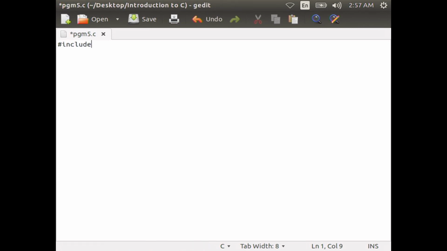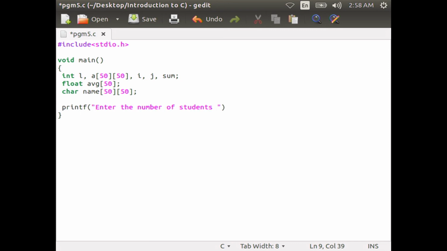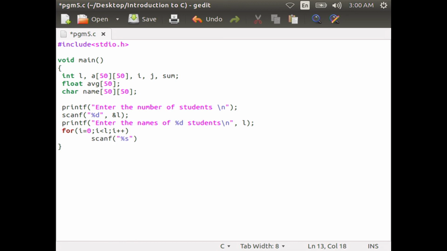#include <stdio.h>, we are including the header file, then after that the main function, then within curly braces int i, and declaring the 2 dimensional array A of 50 by 50, i, j and sum, float average of 50, then declare another character array char name[50][50], then printf enter the number of students, then scanf %d &I, printf enter the names of %d students, I, for i equal to 0; i less than I; i plus plus, scanf %s name of i, printf enter the marks m1 m2 m3 of %d students, I, then